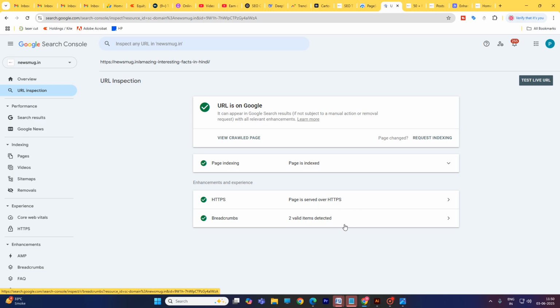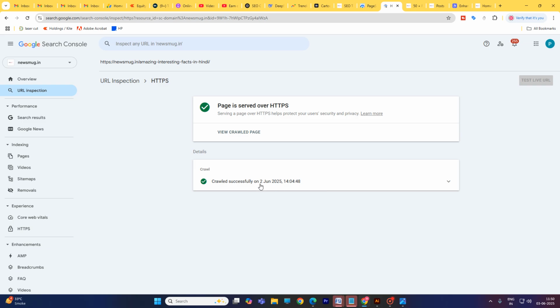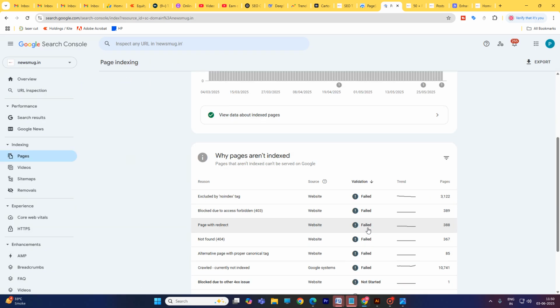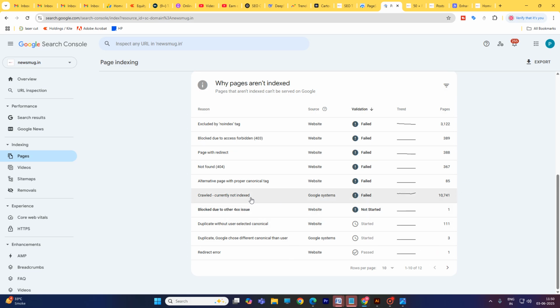Just a minute, I will show you. On 2nd June 2025, this was the timing when I used my technique to index this URL. Here is another URL which is not indexed in Google.